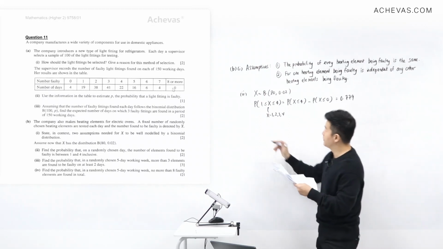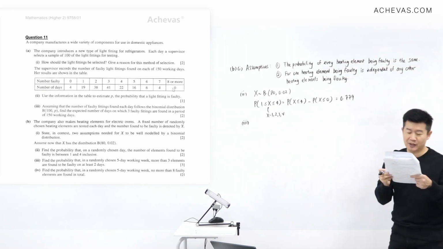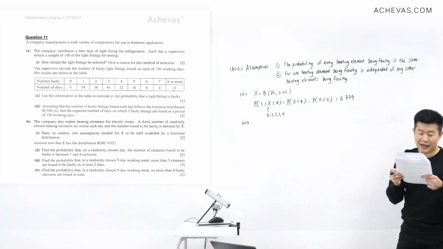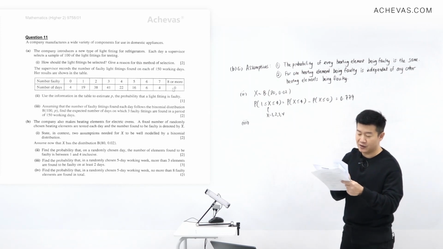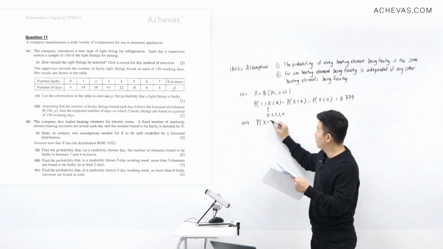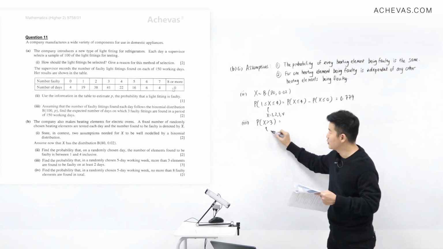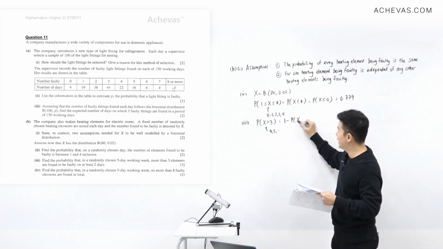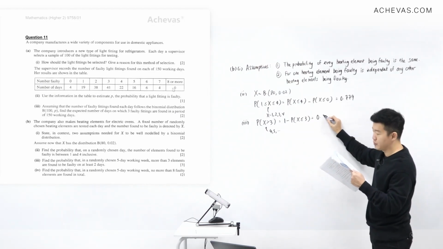Then in part 3, find the probability that in a randomly chosen 5-day work week, more than 3 elements are found faulty on at least 2 of the days. So more than 3 elements found to be faulty in at least 2 of the days. We want to first find the probability that X is more than 3 in one day. To calculate this, X is going to be equal to 4, 5, 6, and so on, right? So it will be 1 minus the probability that X is less than or equal to 3. Pressing this into the calculator, we are going to get